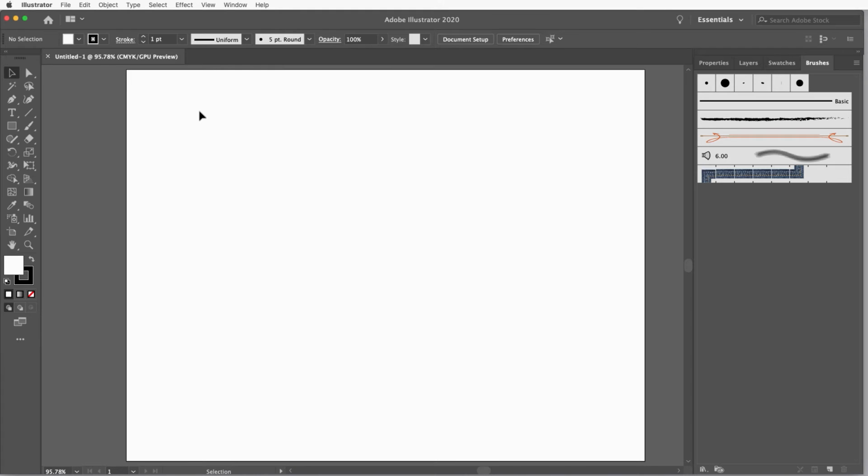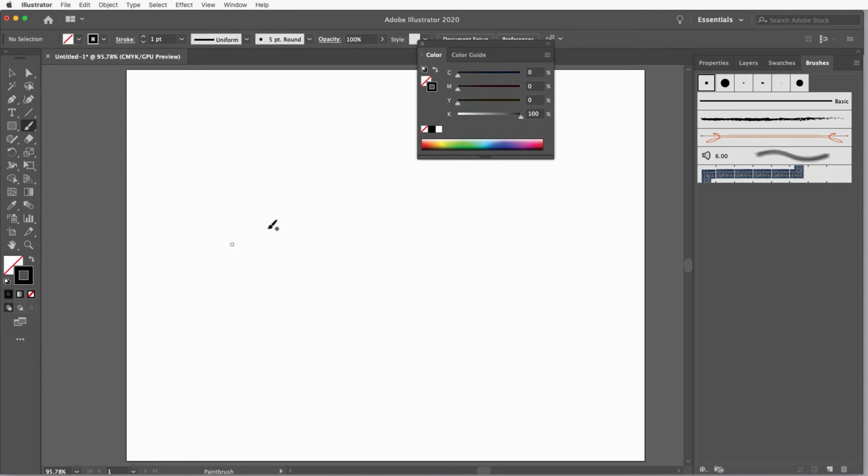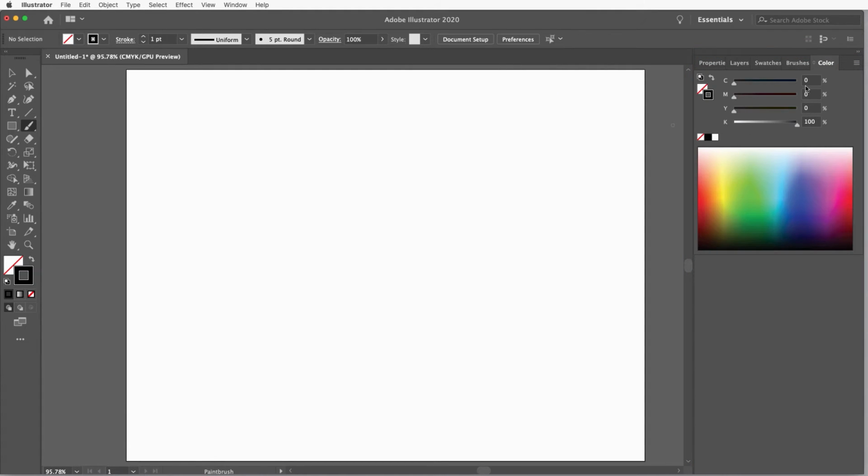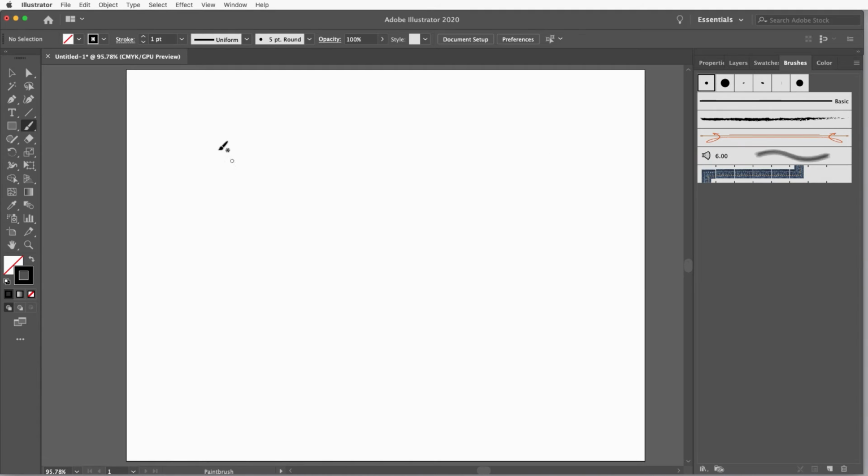I'm going to start a little differently than I did earlier today. Right now I'm using a mouse, so I'm going to click on the brush tool, and you'll notice that I have a white fill and a black stroke. I'm just going to get rid of that fill for now, and I'm going to click on the black stroke, and here's my color panel. I might like to nest that in there too. I'm not going to use the color guide. And I have my color sliders and my color picker. So I'm going to go back to brushes, and I'm just going to use my brush to draw